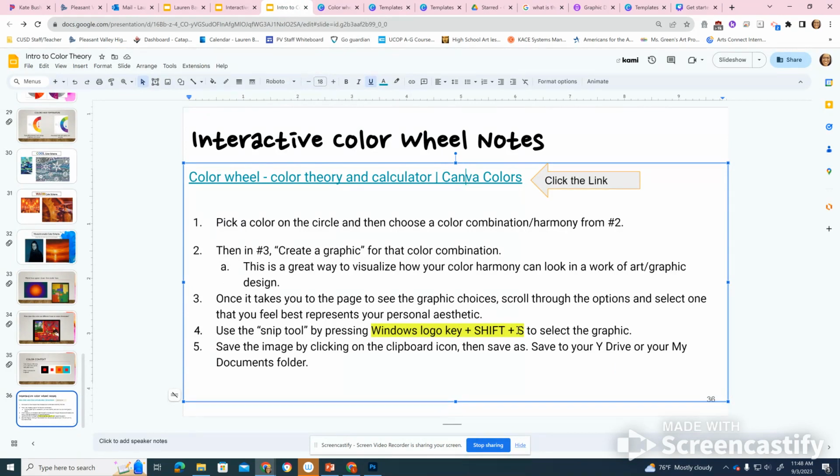So again, you are saving this, selecting the graphics, save the image to your Y drive. Maybe I should put a little bit more information in here. Save the image by clicking on the clipboard icon, and you want to name it Personal Aesthetic Harmony. Then you're going to save that to your Y drive. And you are going to make sure that that